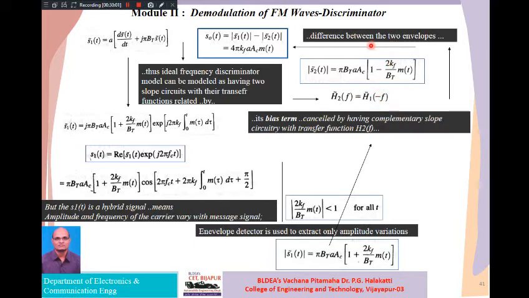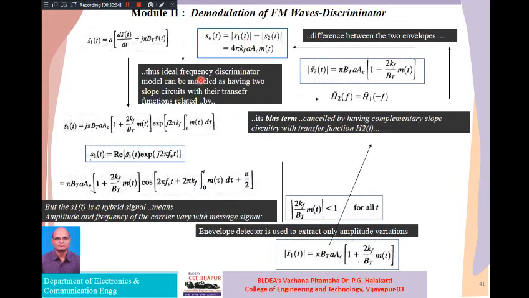So next, how are we getting the output? We'll take the difference of these two, because there should not be any difference here. This corresponds to your input and this corresponds to your output. So what input you have sent, that is the FM signal. This is the complex envelope that we assumed here. You have assumed a complex envelope for our FM signal, so from that we are trying to extract the amplitude variations. So this should be same as that of this one. So we have to minimize this one.